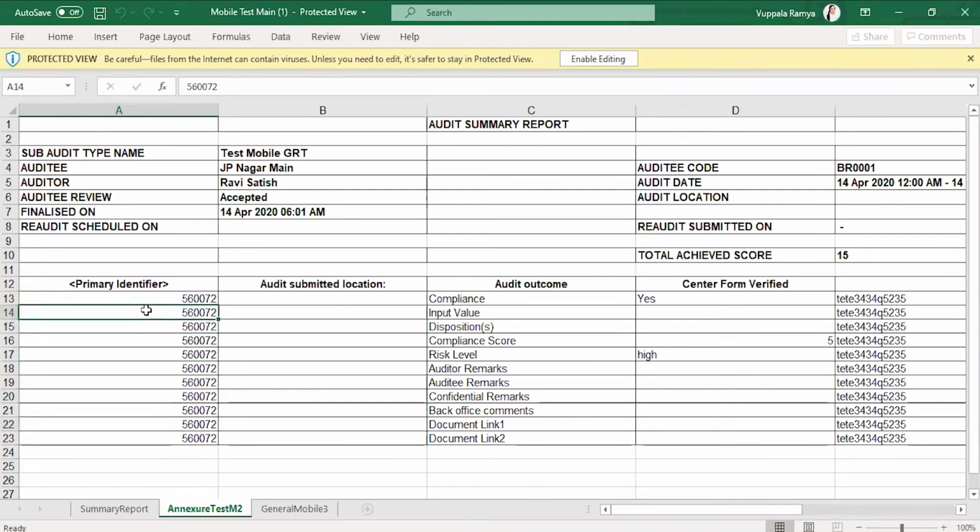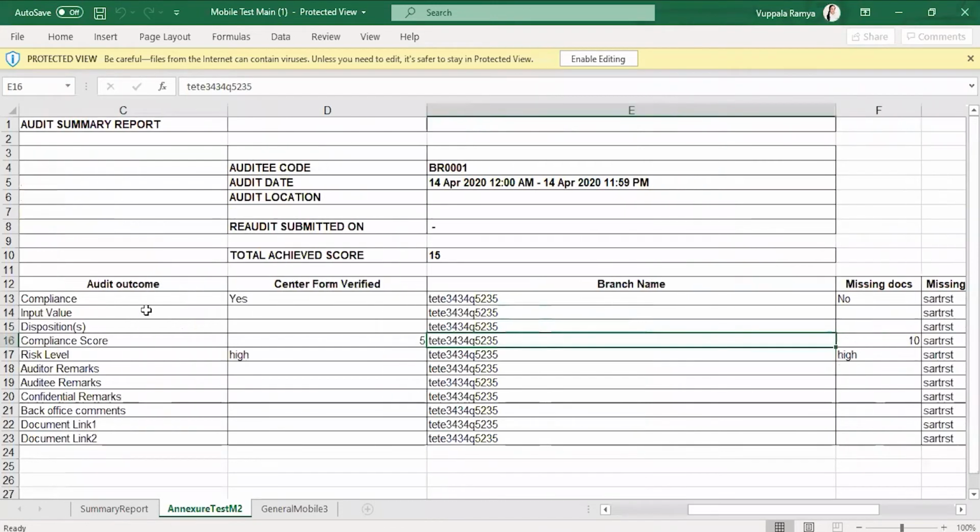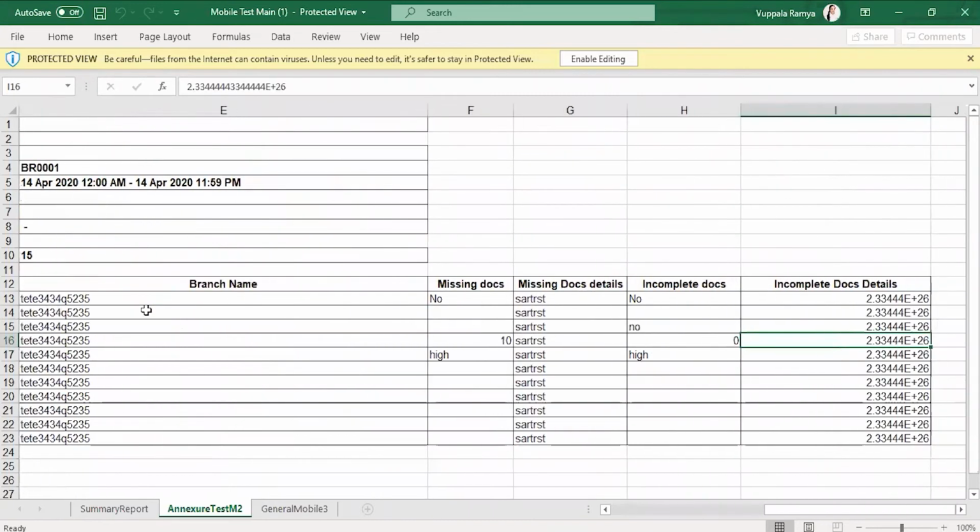And the report, how it shows in the annexure tab, is it would be at the PI level, and all your compliance input data, that information would be at a column level rather than on a row, and against which the information would be updated here.